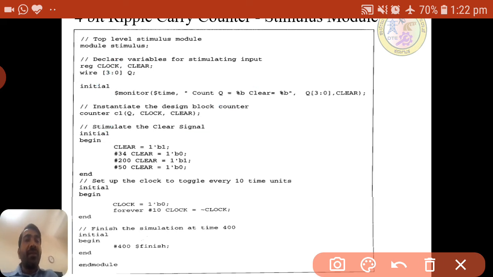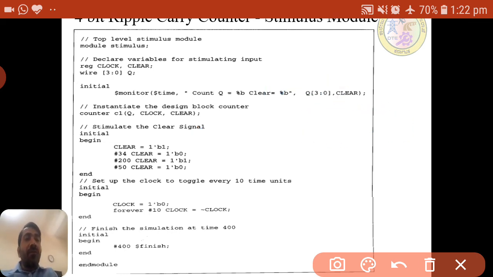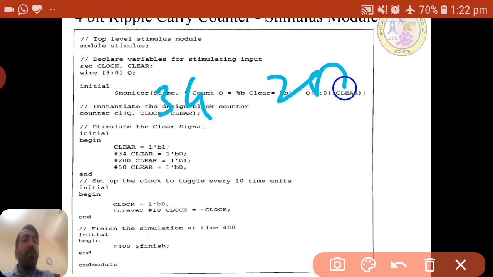So here after initial we are giving the inputs. Clear is 1, meaning it is active high. If clear is high, it will make all outputs 0 0 0. After 34 nanosecond clear is 0, and from 34 to 200 clear will be 0 only.